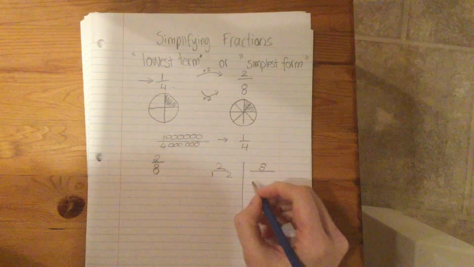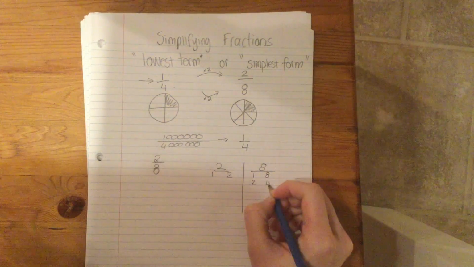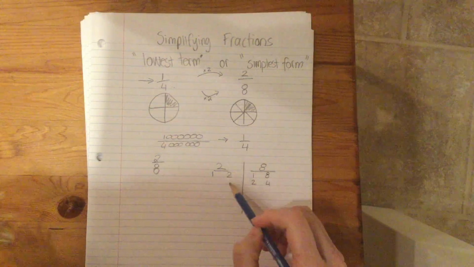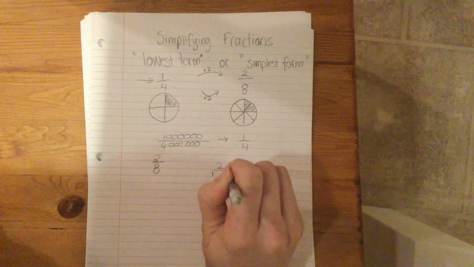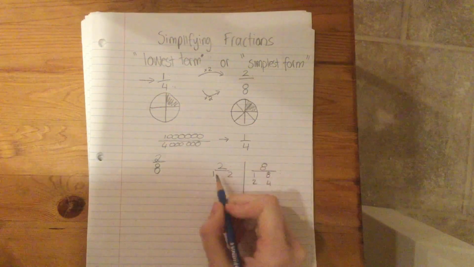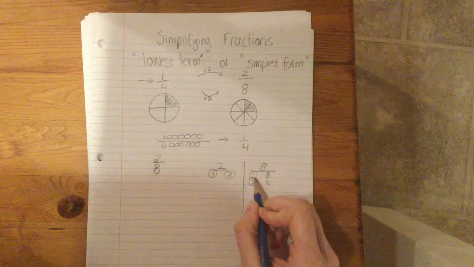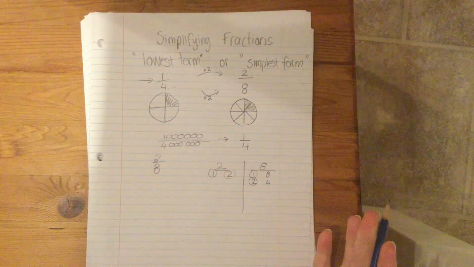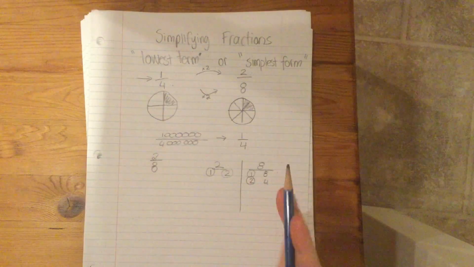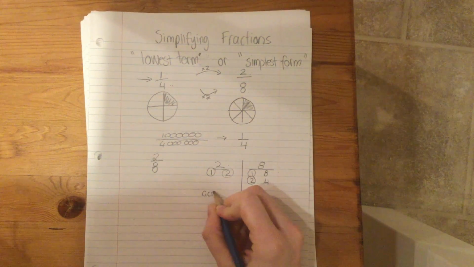And then the factors of 8 are 1 and 8 and 2 and 4. If you look at the factors of both 2 and of 8, the ones that they have in common are 1 and 2. Out of these two numbers that they have in common, which is the greatest? And we can see that the greatest common factor